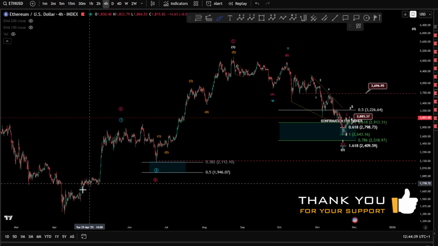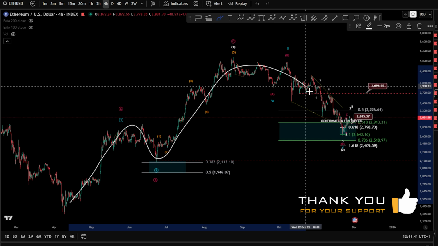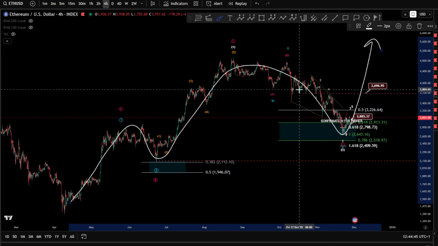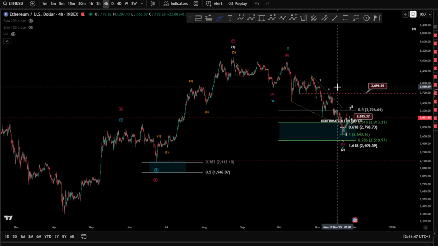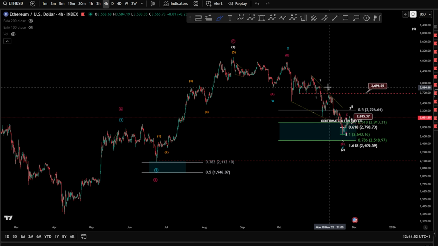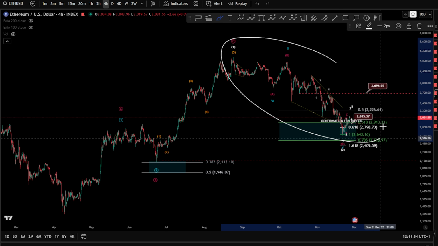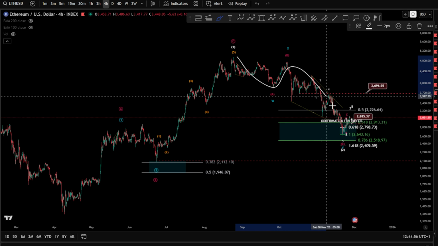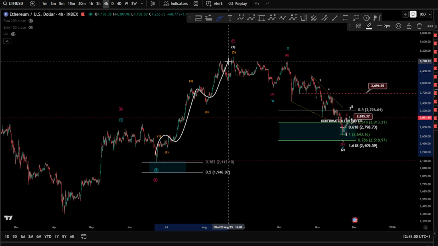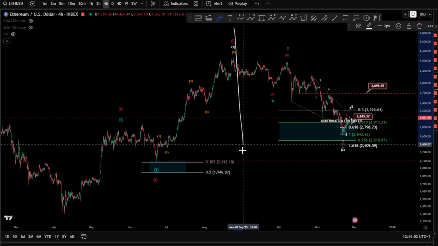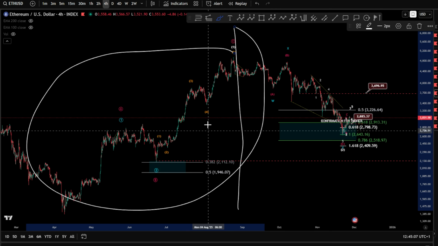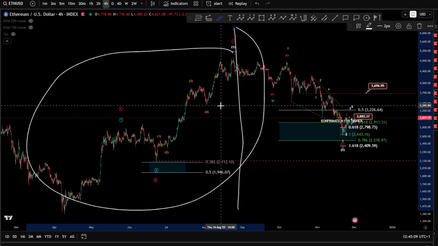Starting with Ethereum on the 4-hour chart, we have a 1-2 and another 1-2, and we're looking for wave 3 toward the upside to unfold. And of course, this is a bullish scenario that might be reaching a new all-time high for Ethereum. Currently, in this wave 2 that we are looking at as a potential 3 waves towards the downside after a clean and clear impulse that you can see,